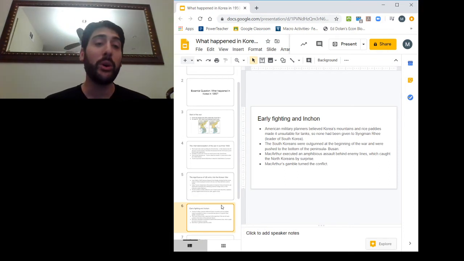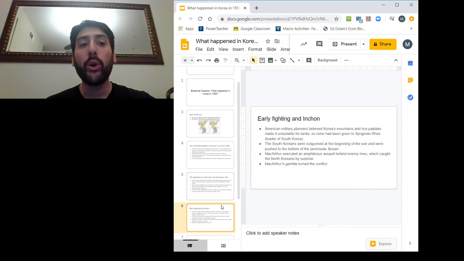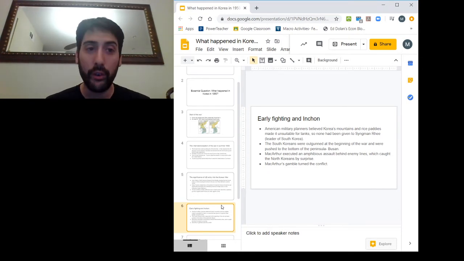So unfortunately, the South Korean leader, Syngman Rhee, was very aggressive, and he said, I want tanks, I want all the ammunition and all the guns you can give me, and he was talking about reunification. This was the South Korean dictator or leader. And so Americans really didn't want to give him too many weapons because we were worried how he would use them. That meant that as the North Koreans invaded the South with Soviet tanks and Soviet ammunition and guns,